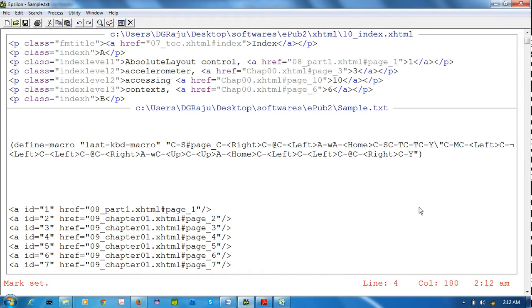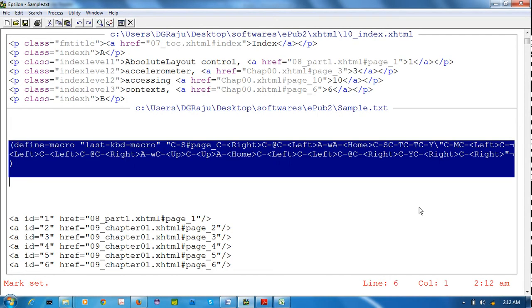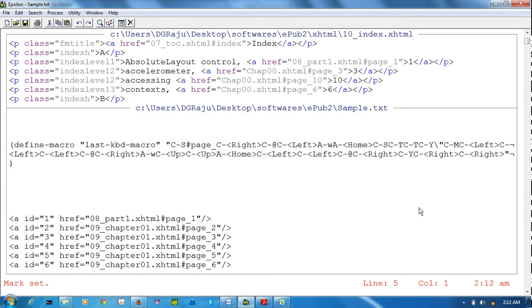That's why I pressed C hyphen right, C hyphen right. Now I want to use this macro. Before that, my keyboard macro has to know I have inserted these two Control rights.